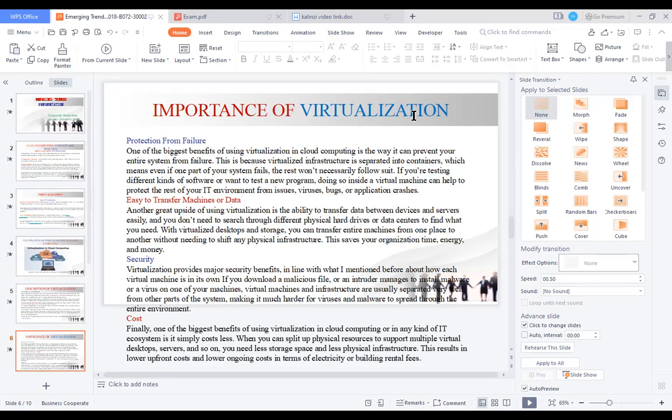So you can transfer data from one machine to another or from one computer to another using this method, using virtualization technology.